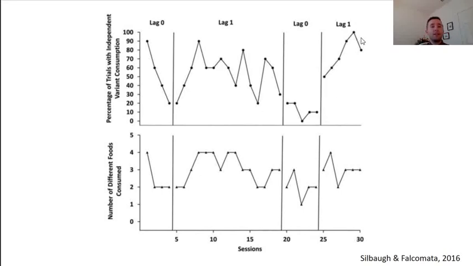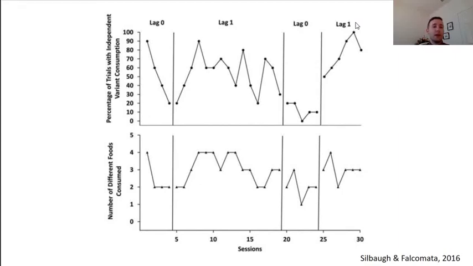large immediate increase in variability of food consumed, just like we saw in the beginning of this initial lag 1 phase, which suggested that he learned that in this condition, the only way to access toys is to eat a food that was different. And so this is an important finding because it suggests that when children with autism consume